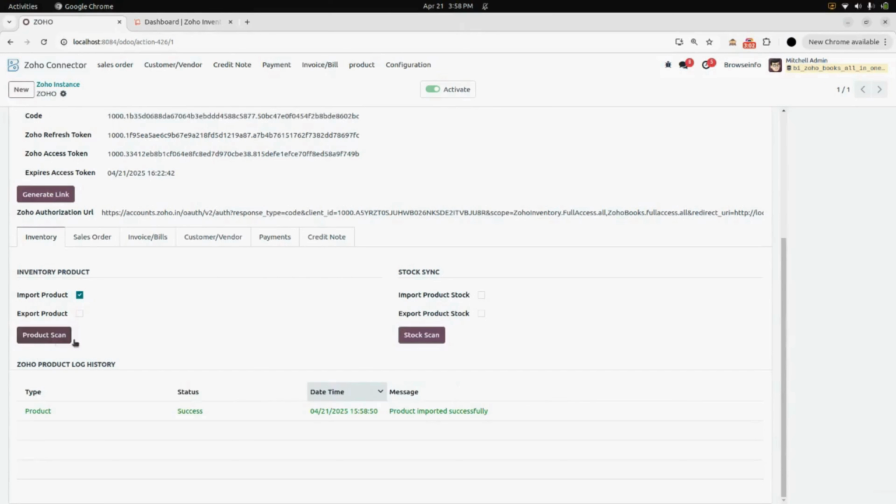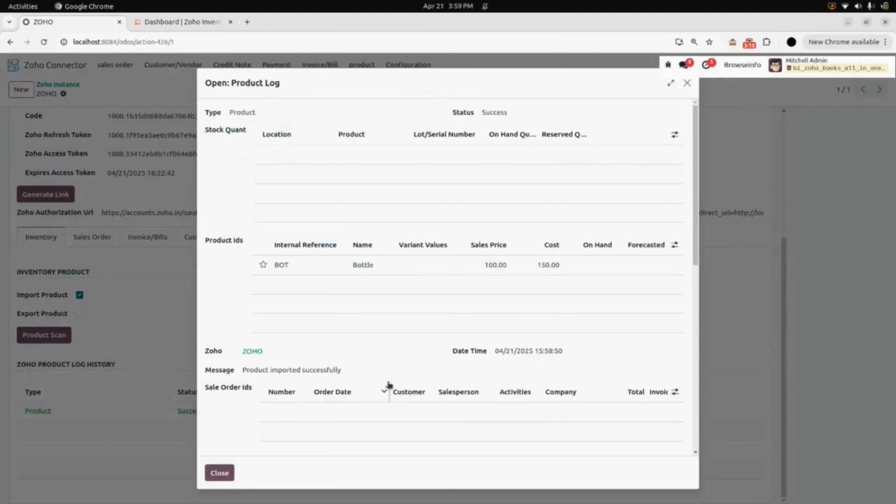After that, here in Zoho product log history, you can see your products are imported successfully. Here you can see the type, status, date and time, and the message. Open that and here you can find your imported product ID and every little detail regarding the product. Here you can see the sales price, cost price, and everything of the product which is imported from the Zoho